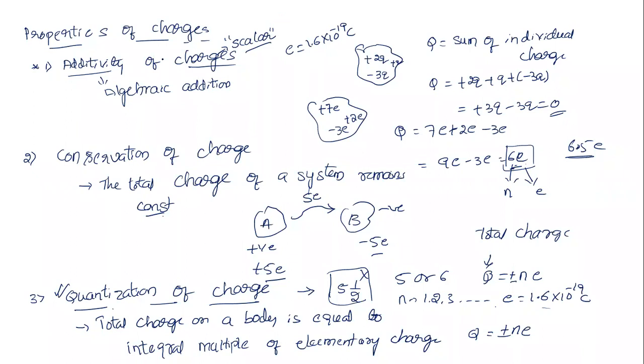So these properties will always be asked for how many marks? 3 marks or 2 marks. Remember now, 3 mark or 2 mark. Either they can ask you to explain or just to mention. As far as I know, till now they asked you just to mention the properties of charges. These are the main properties. Along with these, there are some other properties that I'm going to discuss with you now.